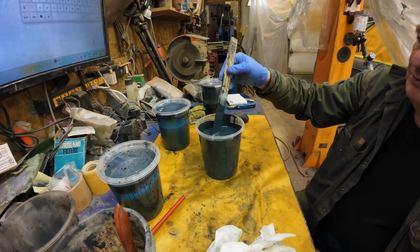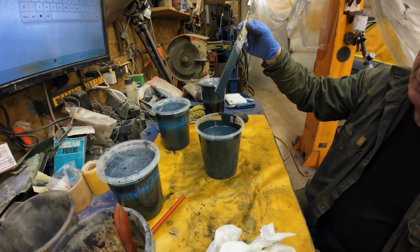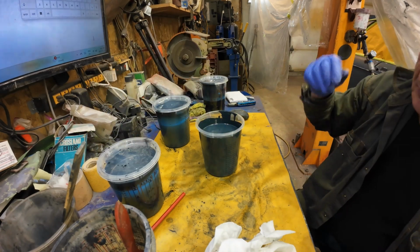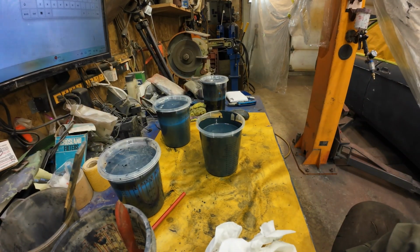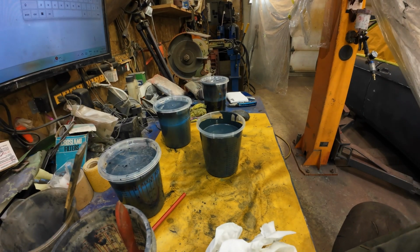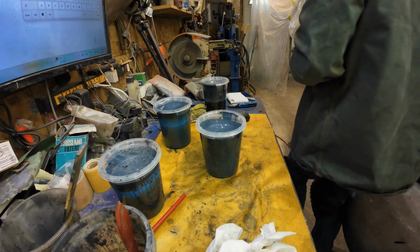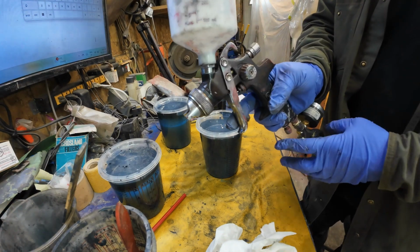Well, some people do this and they see how long before it starts dripping like that. And I don't know how to gauge that, but anyway, that's what people do. Anyway, now that's ready to go. Just like having Tupperware. Now the paint gun, which I've got cleaned up and ready, when I set it up,